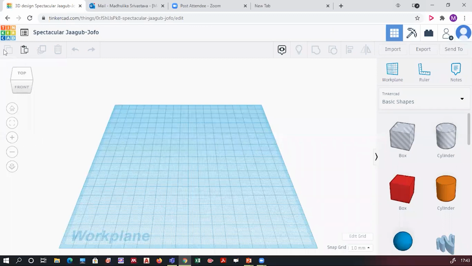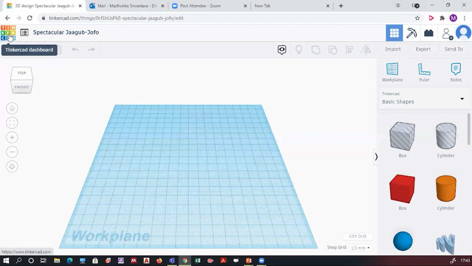So once you click it, you will enter into the interface of Tinkercad. Now starting from the top, you will first see Tinkercad written. When you click on this Tinkercad, you will be taken back to your dashboard from where you came.